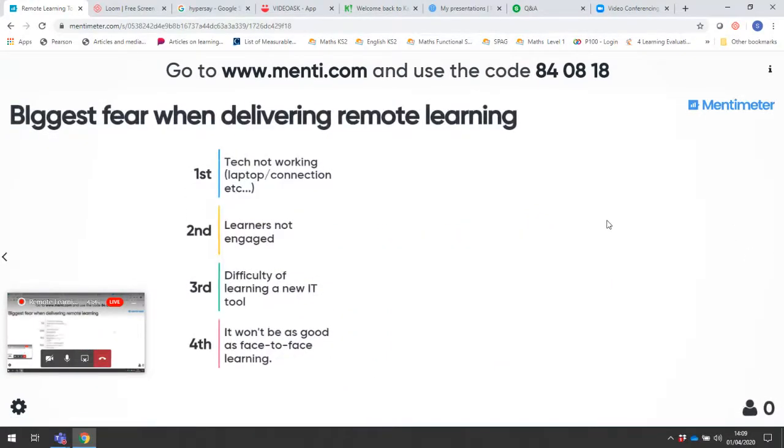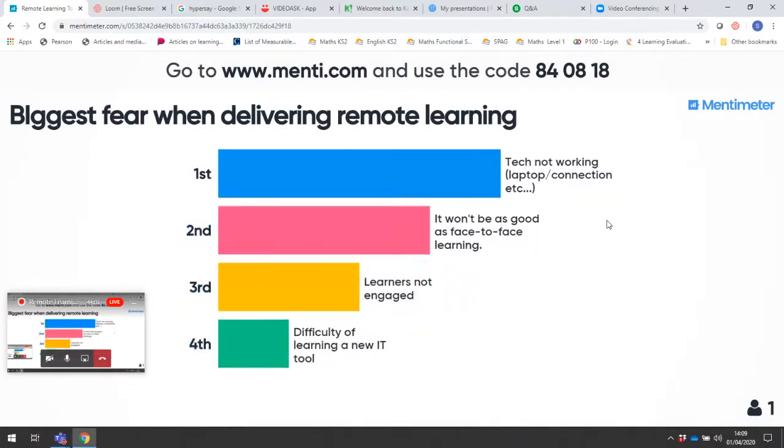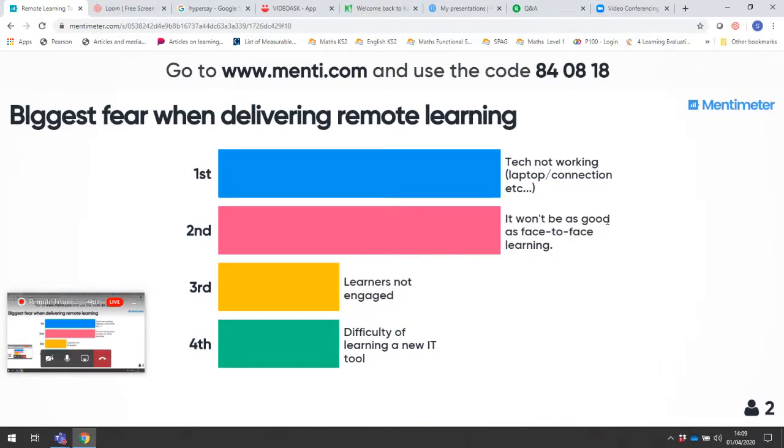I've got one on this one. It's a ranking question. So I said, your biggest fear when delivering remote learning. And I said, was it the tech not working, that your learners won't be engaged, the difficulty of learning a new tool, or it won't be as good as face-to-face? So when they see this, they'll start putting their answers into order, and they'll submit it, and I will be able to see. Another functionality of this is you can download the reports and the analytics afterwards. And again, it's got some limitations. It is free, but the free version I think